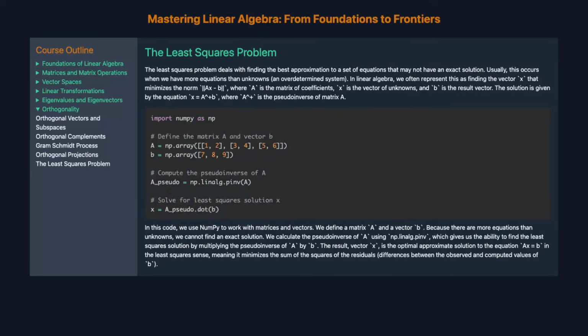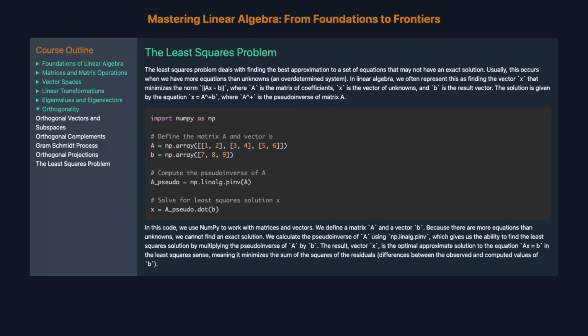The least squares problem. The least squares problem deals with finding the best approximation to a set of equations that may not have an exact solution. Usually, this occurs when we have more equations than unknowns, an overdetermined system. In linear algebra, we often represent this as finding the vector x that minimizes the norm ||Ax - b||, where A is the matrix of coefficients, x is the vector of unknowns, and b is the result vector. The solution is given by the equation x = A⁺b, where A⁺ is the pseudo-inverse